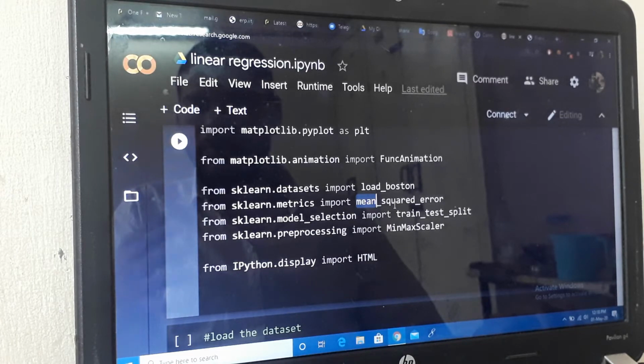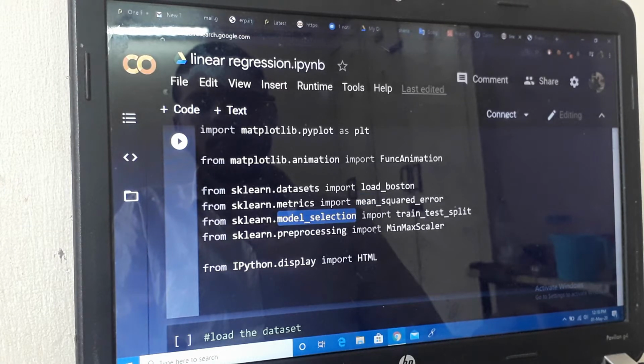So if the error is small, then you can say it is a good way of plotting the graph. And model selection is used for selecting the model.